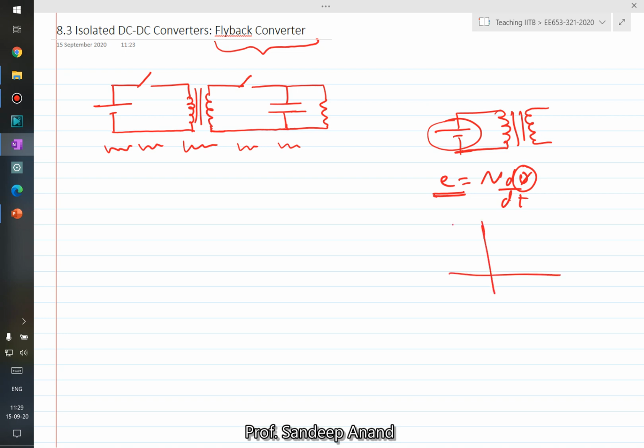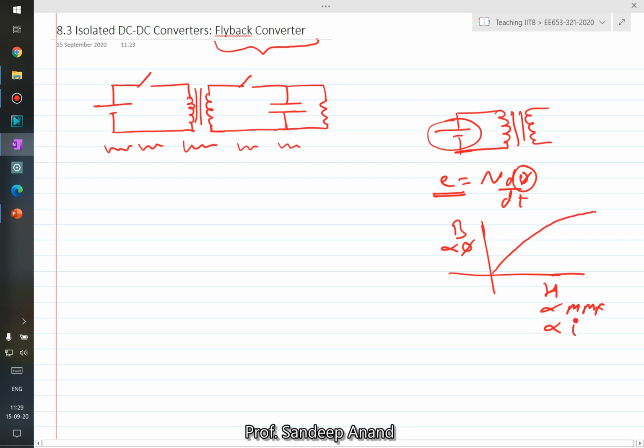So if you plot the BH curve, where B is the flux density, which is proportional to flux, and H is proportional to MMF, which is proportional to the current, this is how the curve looks. As your flux continues to rise, your current will become much larger, and at one point the current flowing in this circuit would exceed the current limit of the wires or cables, and you might end up damaging the circuit. So this constant DC would take the transformer into deep saturation, with the current becoming very large, which might damage the circuit.